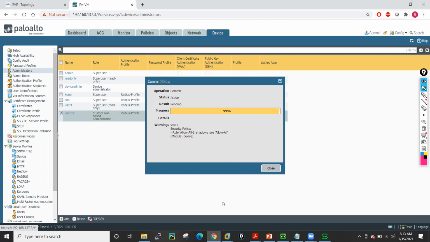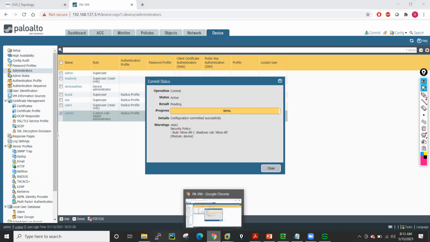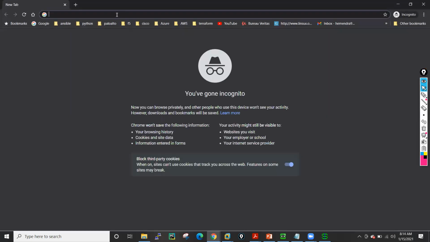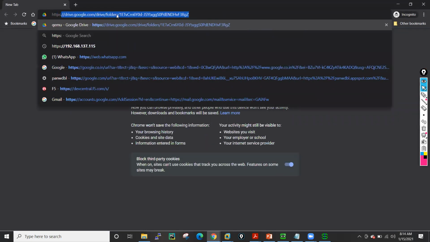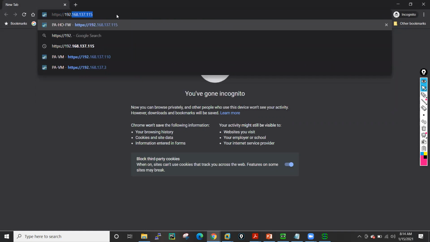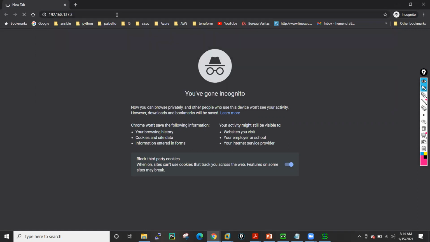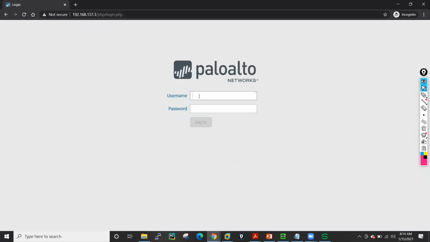So we have completed the commit. I'll go to an incognito window and type my firewall IP, 192.168.137.3. This time I will log in as SAN. I'll put the username SAN, and the password for SAN is admin@123.